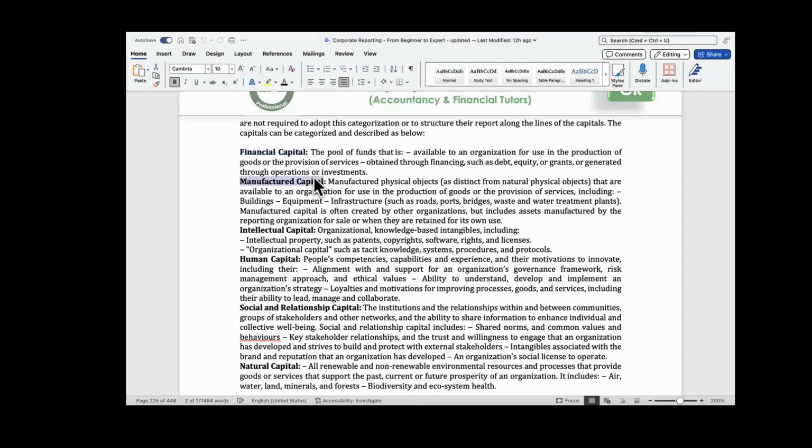And manufactured capital are physical objects that are either produced by the company itself or by other organizations, including the government. So if an entity builds a road leading to their factory, that's a manufactured capital. Or if the organization uses a bridge, waterways, road, ports, to facilitate its operational activity, those are manufactured capital. And truth be told, without this infrastructure provided by organizations like governments, economic activity would not take place. Even if it takes place, it's going to be minimal because it's going to be hampered